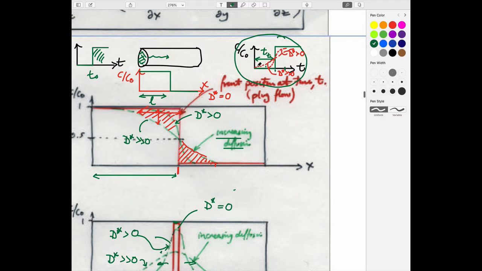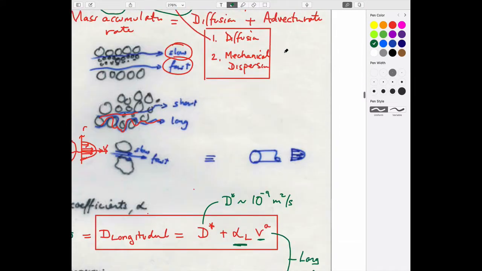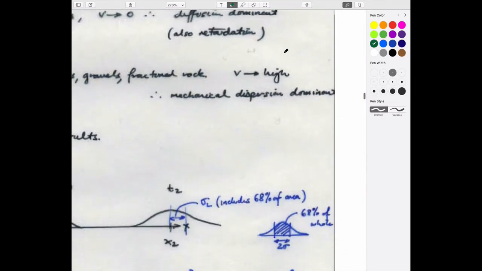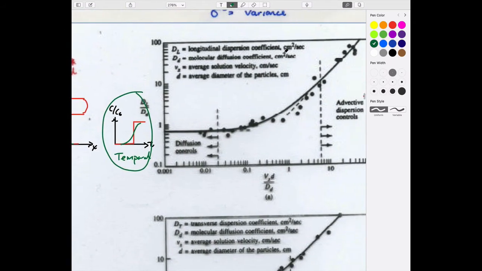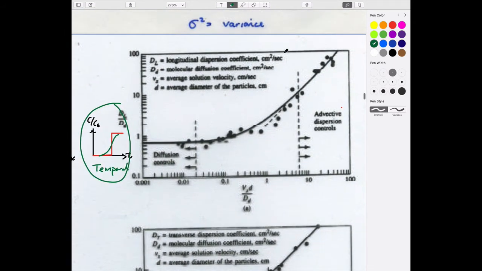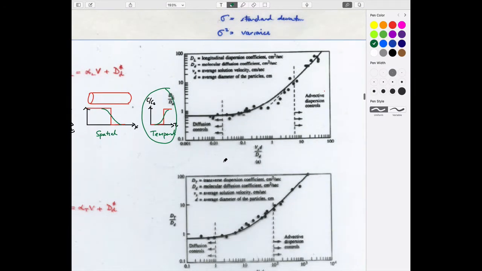And so these arrival profiles that you get will be indicative of the value of this effective diffusion coefficient which the aquifer is seeing. And so if you figure out what that effective diffusion coefficient is in this experiment, then you could plot the value of that effective diffusion coefficient as a function of some parameter. So you measure the effective diffusion coefficient, and you do the experiment at a velocity equals